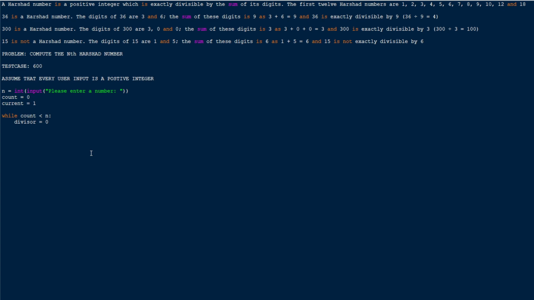Now we need to loop through the number. In Python you can't loop through an integer, but you can loop through a string or a list or a set or a dictionary. I'm going to use a string because it's simpler. So I'm going to make a new variable called stringed current, which is the current as a string,